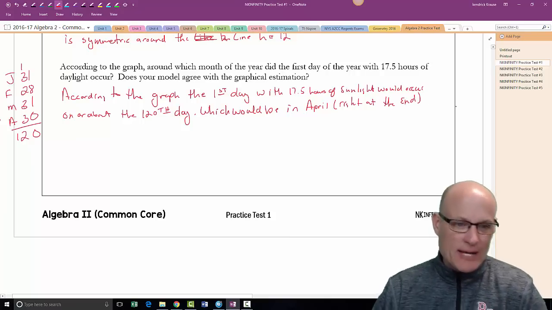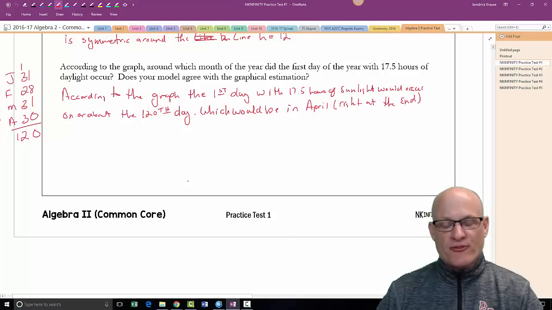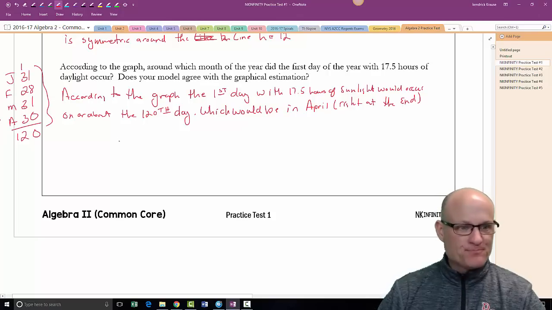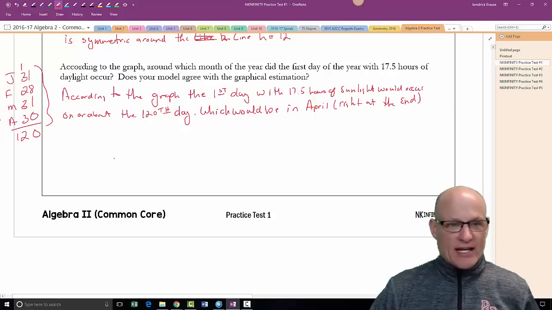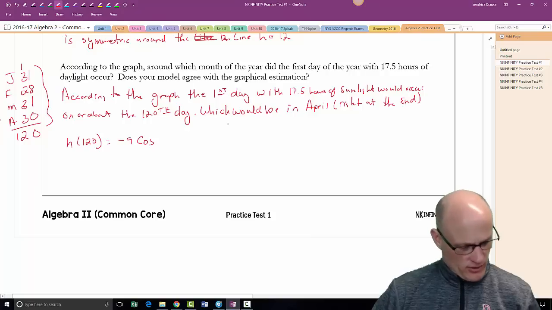All right, so we're right near the end of April. As long as you come up with a justification there and you're approximately equal and you have a little bit of math over here maybe to defend yourself, we're good. You'll be fine. And so the model H of D disagrees. I don't know. So what I've got to do is plug 120 in there. So H of 120 equals -9 cosine,